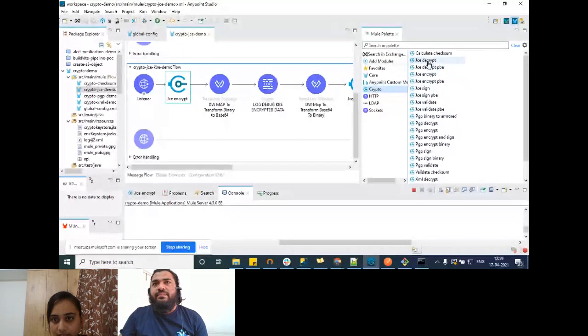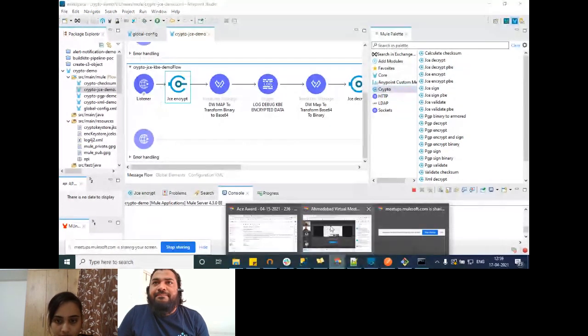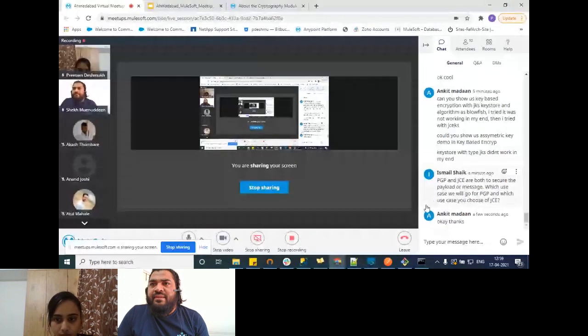So for JC, these are all the operations. I think we have covered all: encrypt, decrypt, sign, and validate, for both PB and KB. Do we have any questions, or can we move further?